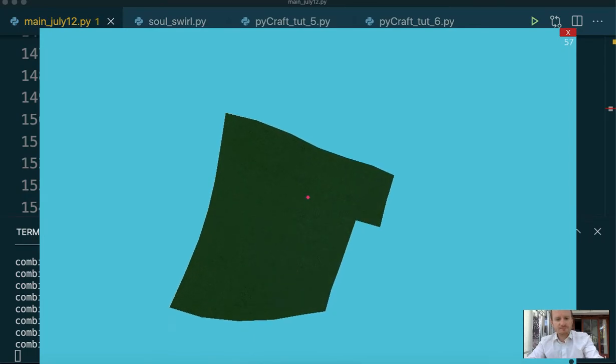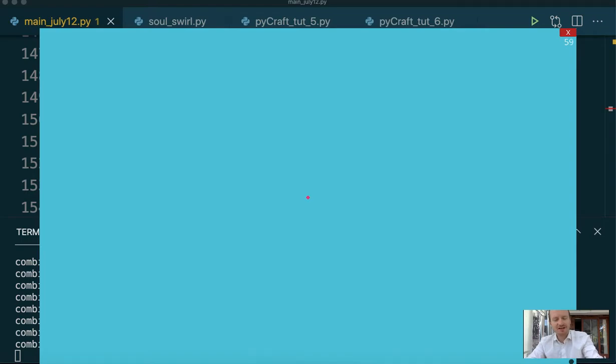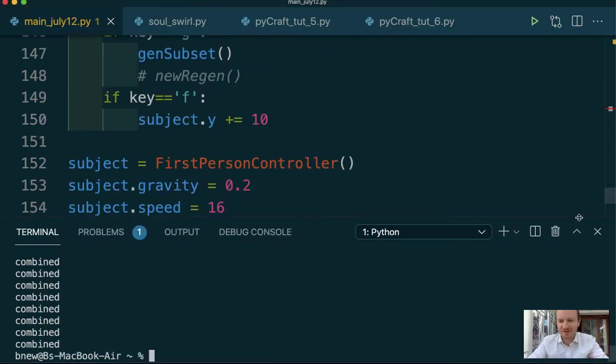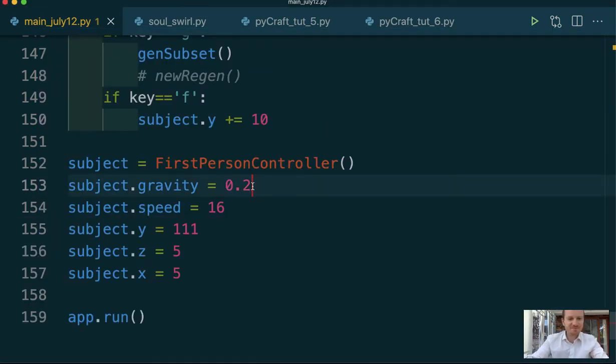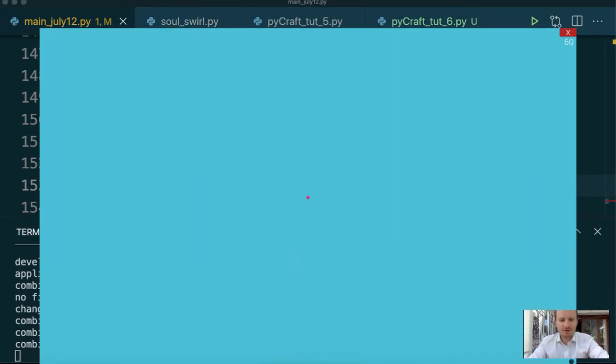Right, hopefully you can see this. Oh, why didn't I turn off gravity? Whoops, I just glitched through the terrain anyway. Let me just turn off gravity. So for my subject or my player's gravity, if you set that to 0 and then rerun it, we won't drop, or we shouldn't drop to the floor, and I can just look down. So